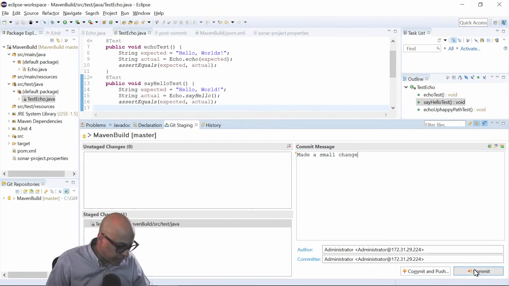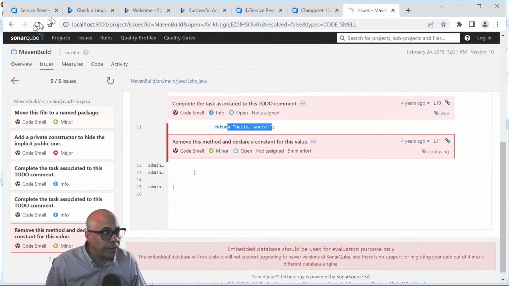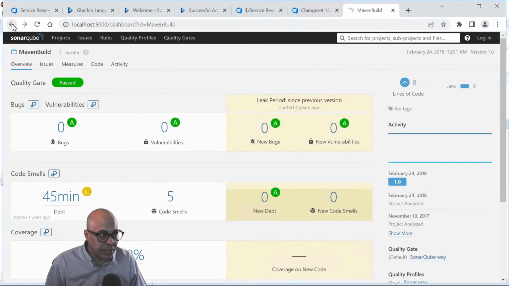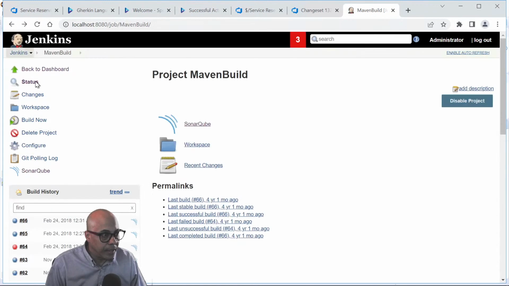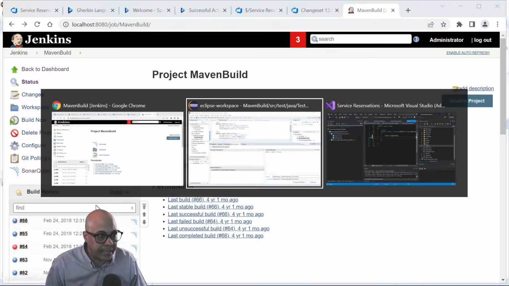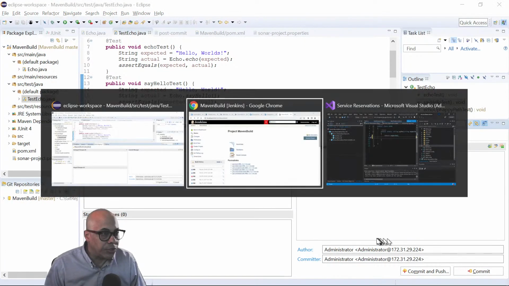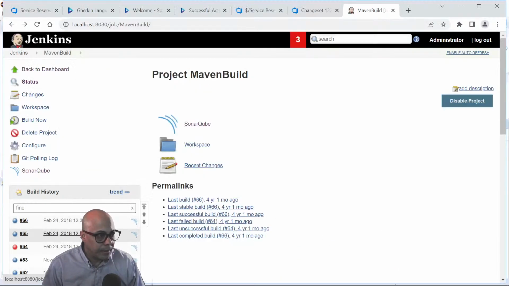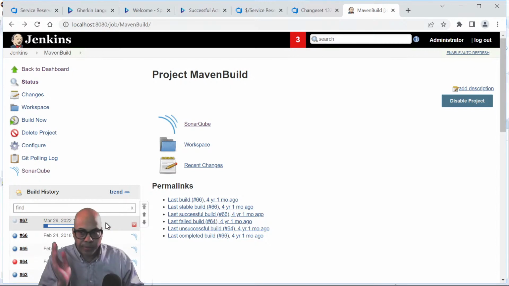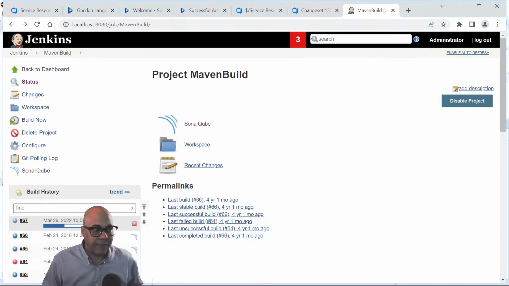But what I'm going to do instead is a commit, but I'm first going to get set up over here in Jenkins so that we can watch what happens. So continuous integration set up over here also. If we're looking at this Maven build job, you can see the last build was February 24th, 2018. But because I made a change and I'm about to commit that change, and we jump back over here, we see that there's a pending build. It's in the quiet period for 2 seconds, waiting just in case two people hit commit at the same time. It's going to do one build for both of those commits instead of doing one build right after the other.